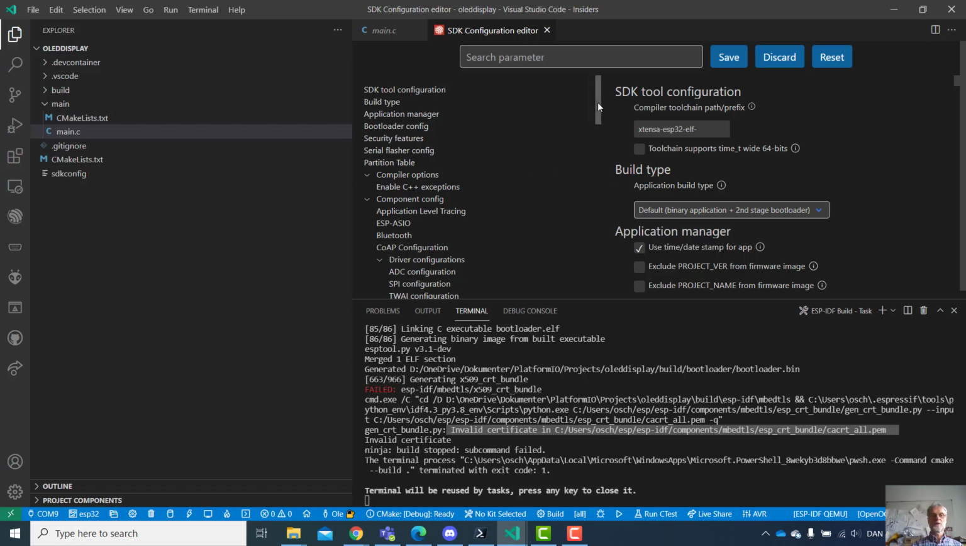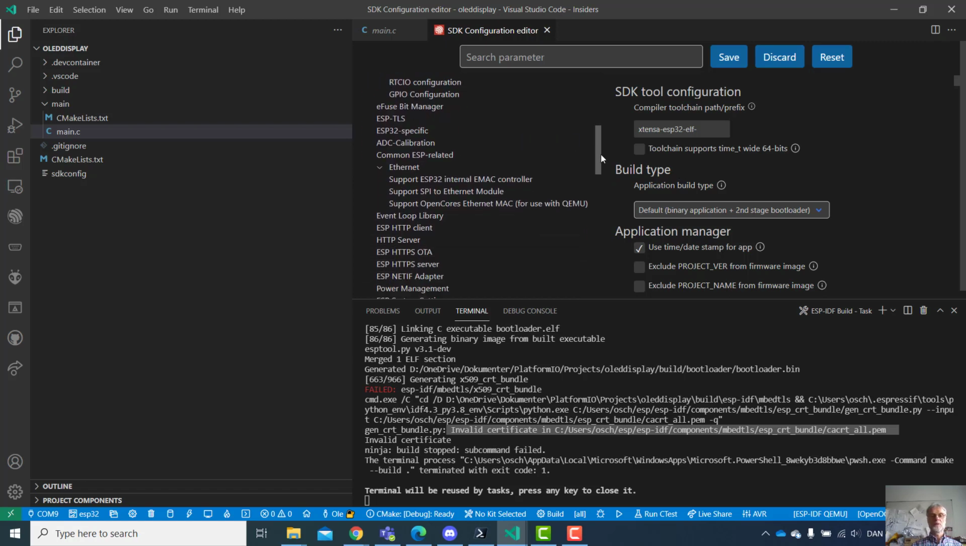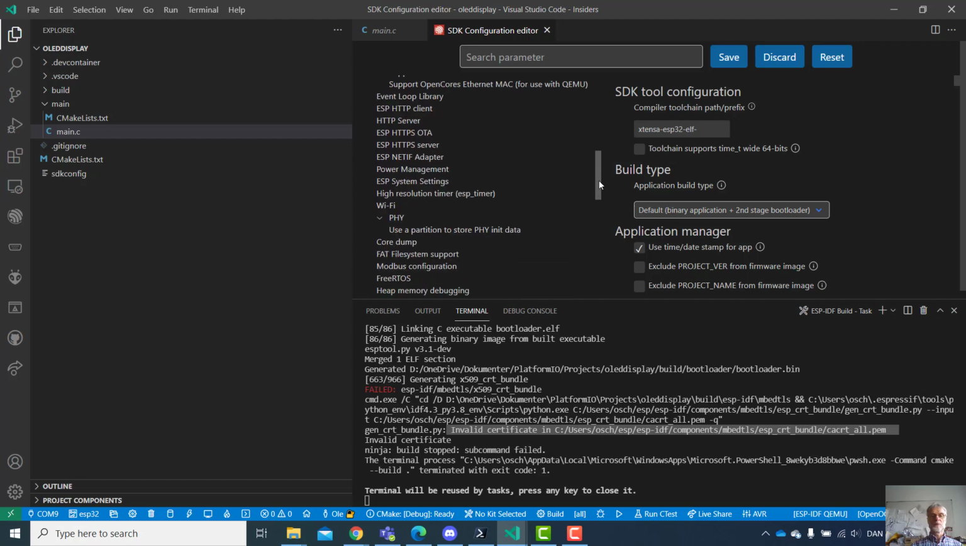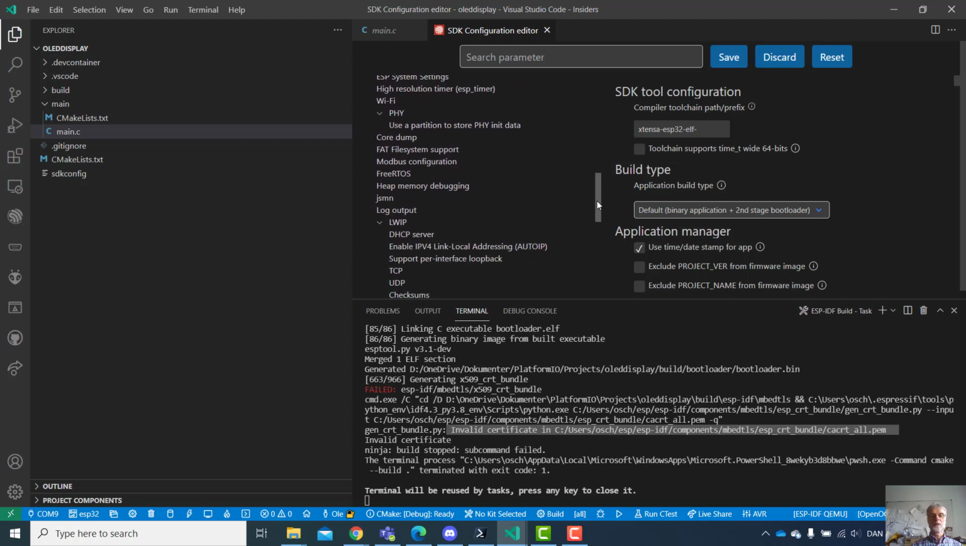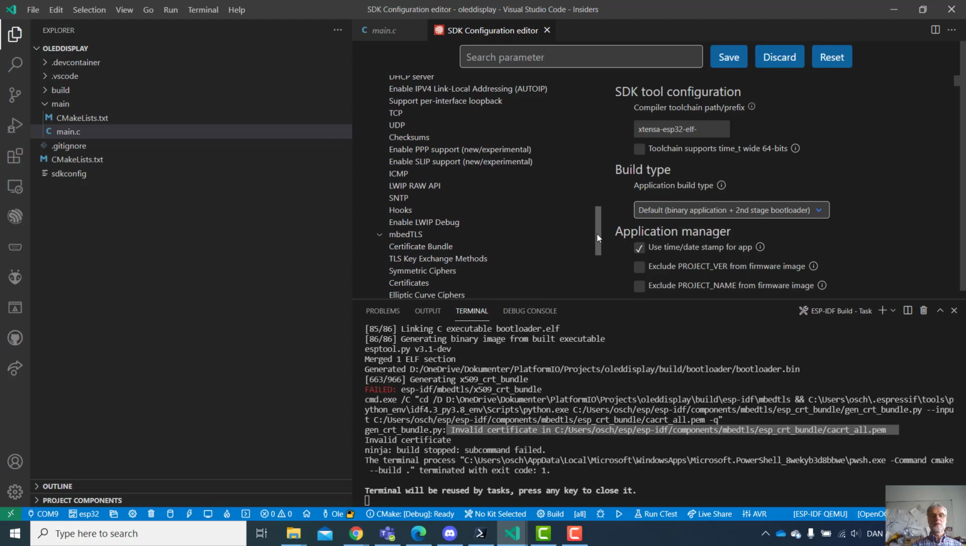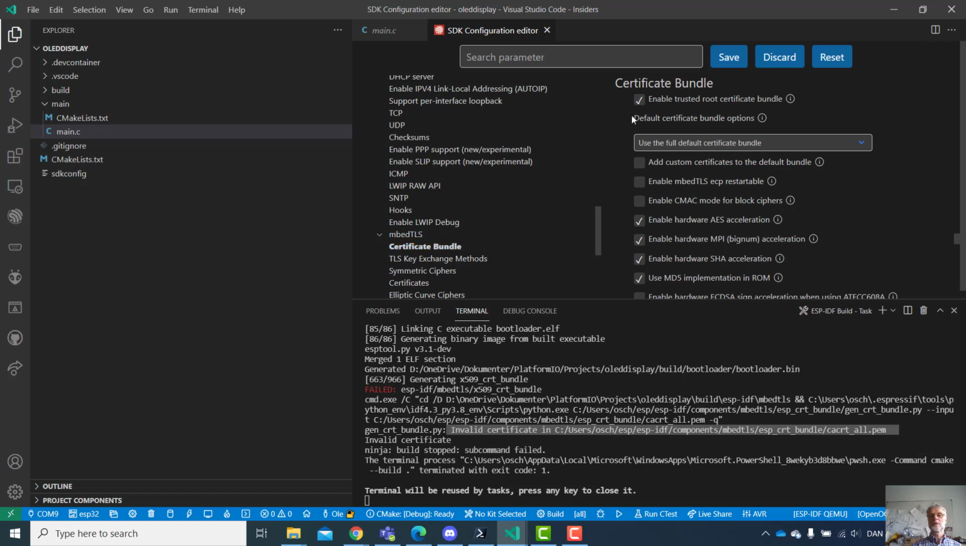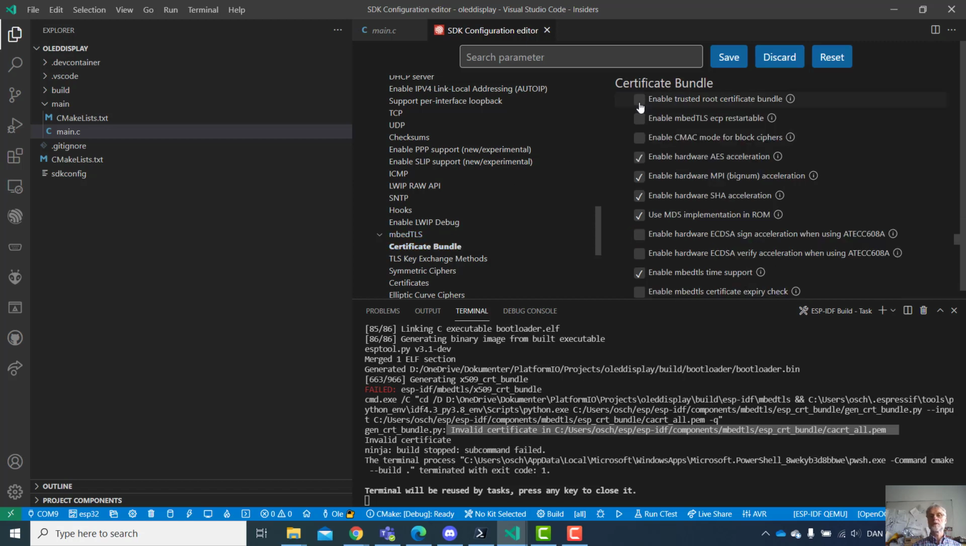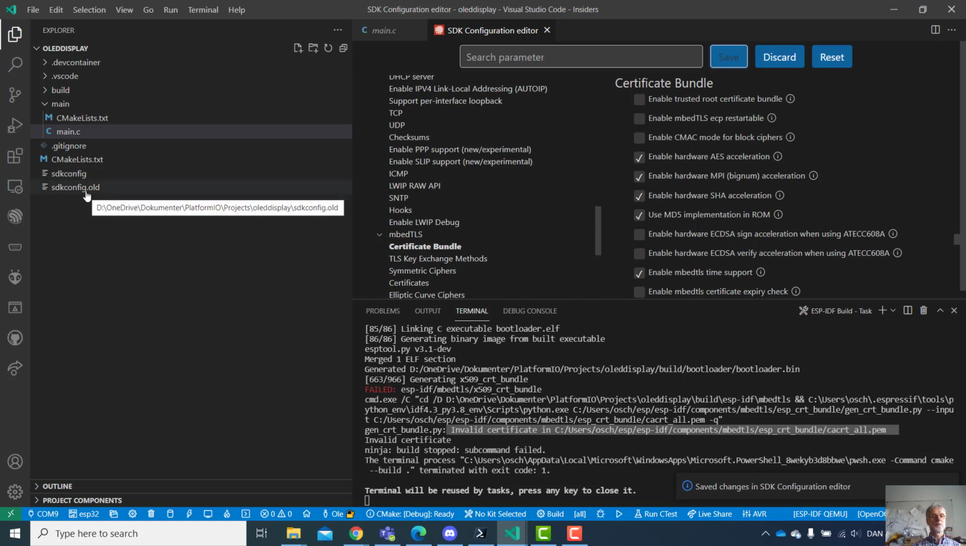And of course there are a lot of parameters here we can go in and change. But down here you can see we have the certificate bundle. The only thing you need to do is to remove this one, save. Then you get the old one here and the new one saved here. And then we click build again,